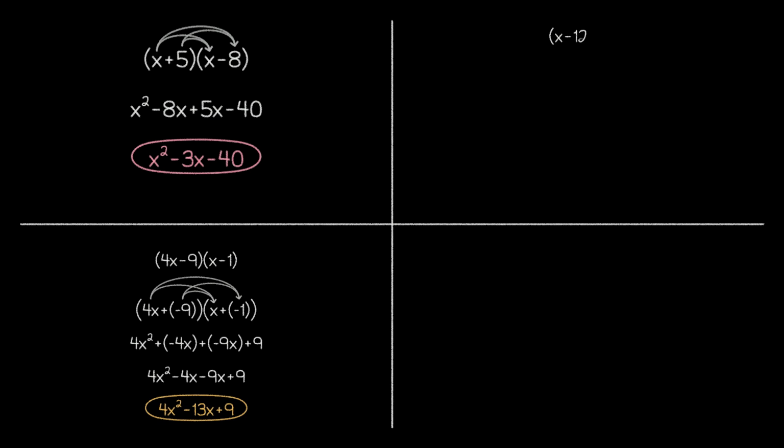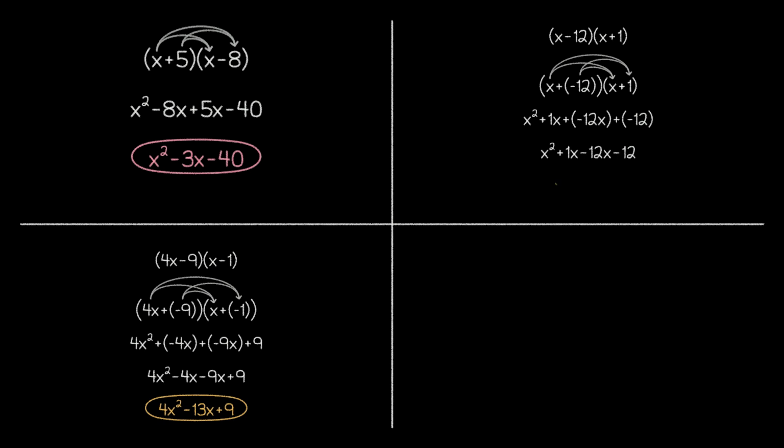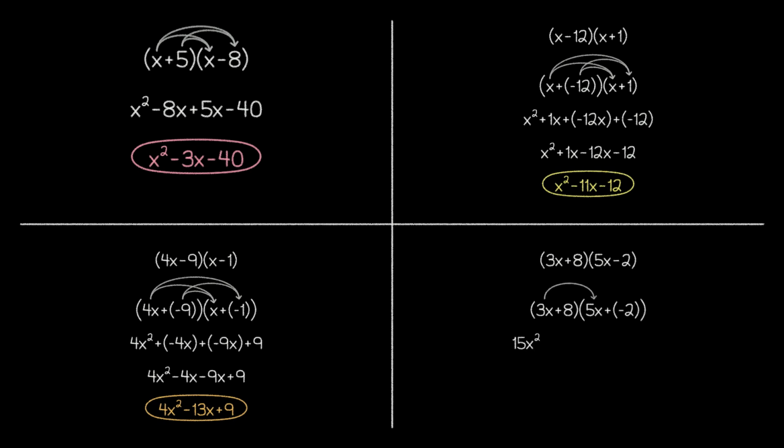We'll complete our next example in a similar manner. So instead of keeping the first factor as x minus 12, we'll rewrite it as x plus negative 12. Then, when we do our double distribution, we get two terms with negative coefficients thanks to that negative 12. Then, we combine our linear terms to get our converted expression. And for one more example of this process, here's our final problem for this screen.